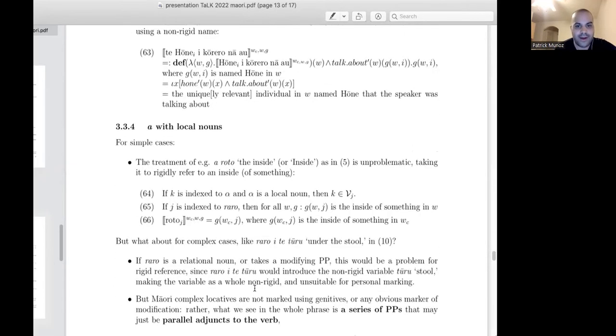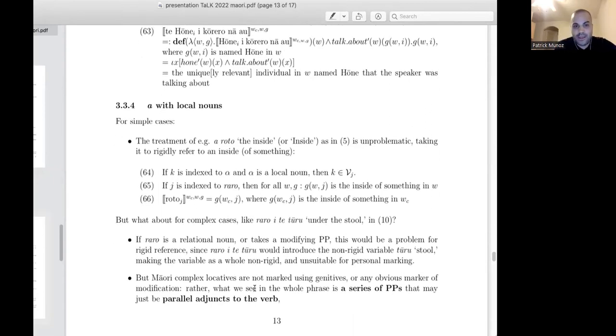Finally, we have local nouns. If you treat roto again as a kind of name that just means inside, there's no problem for just simplex uses of these. So when you say inside is red, that rigidly refers to something that is the inside of something else. You could say it's the inside of some contextually relevant individual, maybe make it a function that takes another argument for that individual that's also rigid, and everything works out fine. Roto variables would always be rigid, and they're restricted by having to be the inside of something at the world